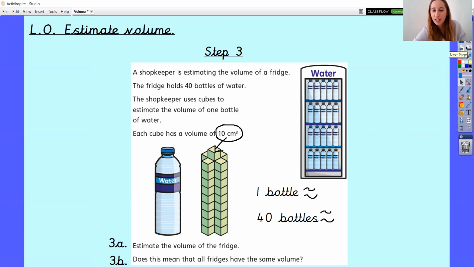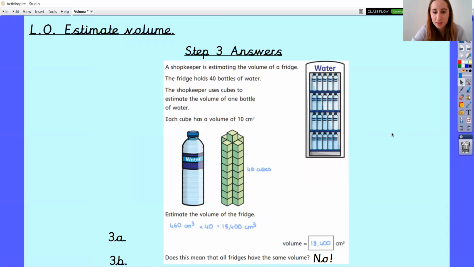Right, well done year 5. A bit more of a challenging problem. We had a few steps to follow there, but I wonder how you got on. Let's talk about it together. So